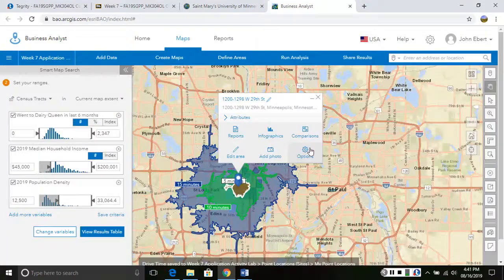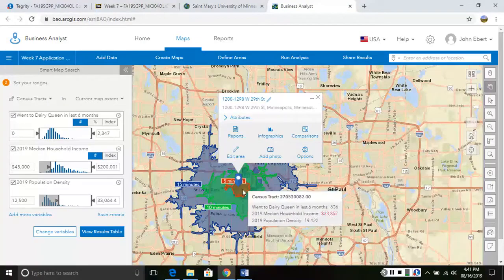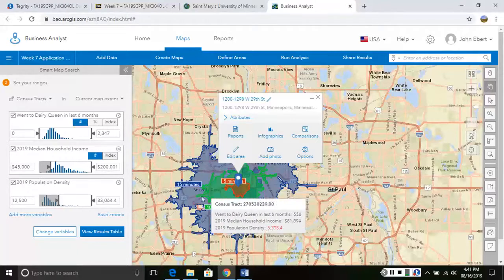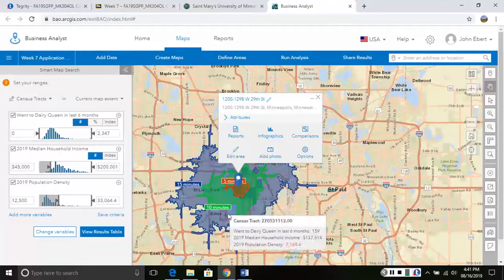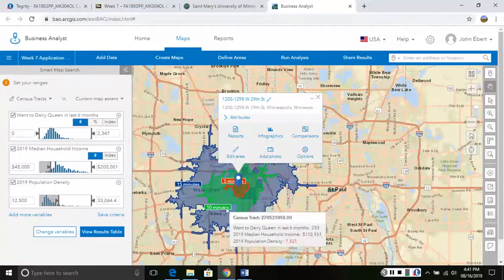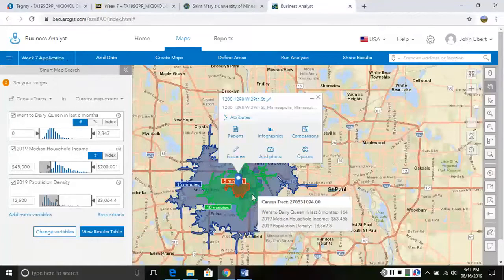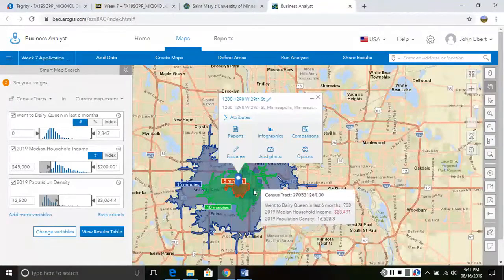Now as that's working for us, that means any areas of a potential DQ should be within this red band here. So if we're getting out to the 15 minutes, that might be too far away for people to drive. So it's looking at, like, if we could have multiple pins in here and run drive times, and it's going